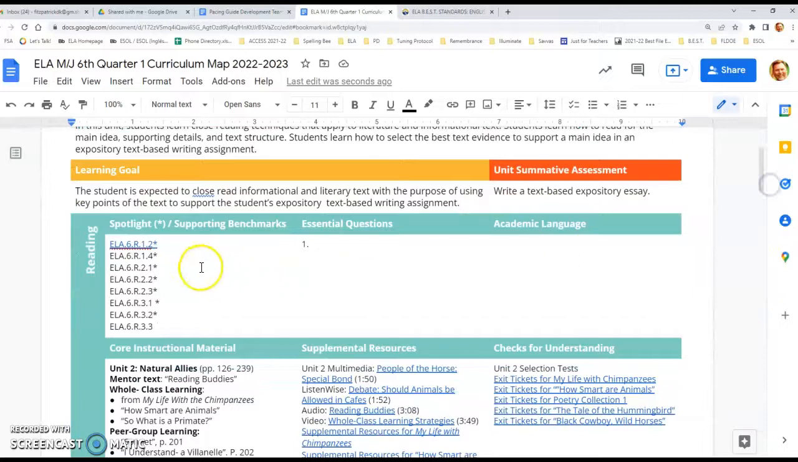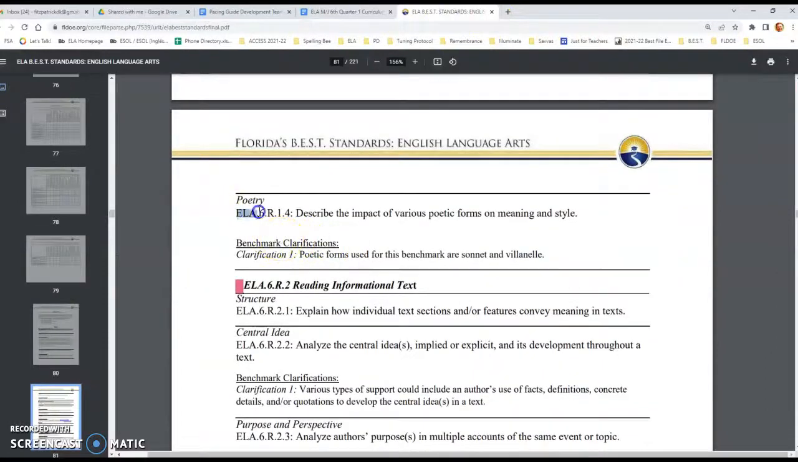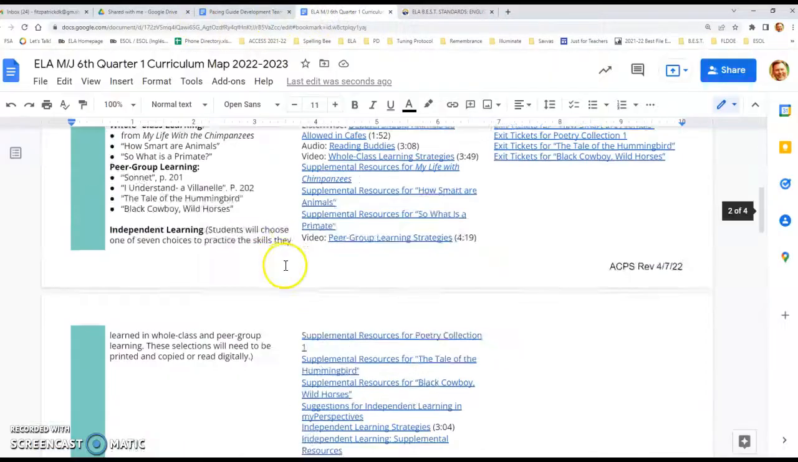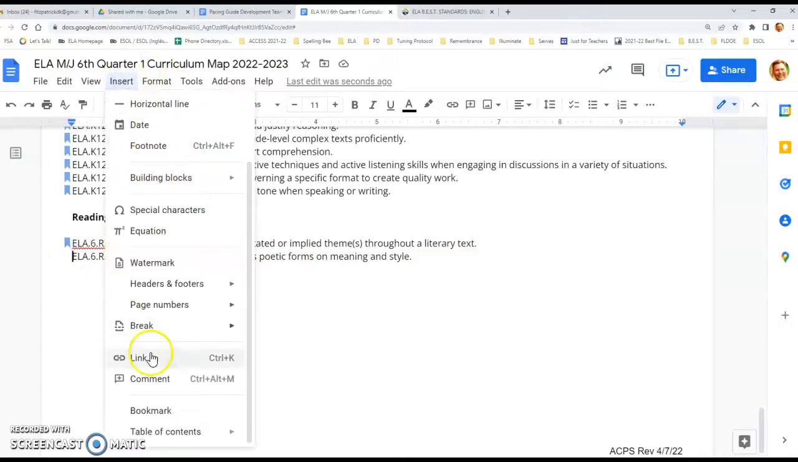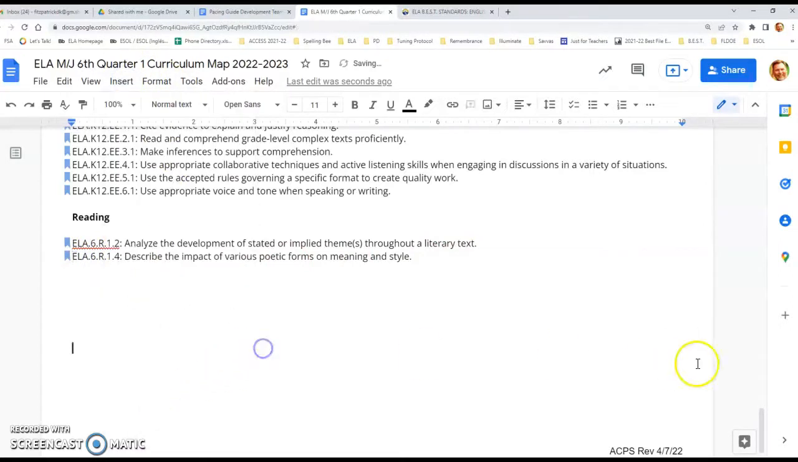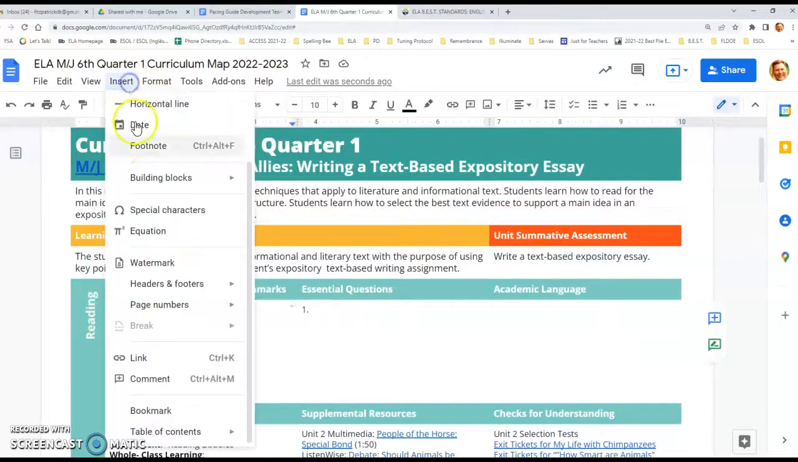The next one we're looking at is R1.4. So I go to the Best Standard. I find R1.4. Go to the bottom of the document, the reading section. Add the standard, click to the left, hit Insert, Bookmark, then go back to where R1.4 is, highlight it, Insert,